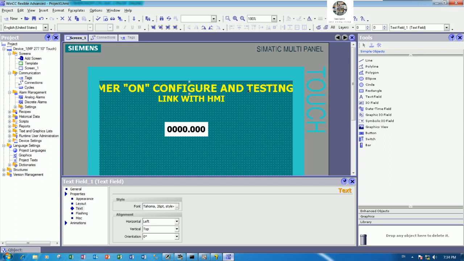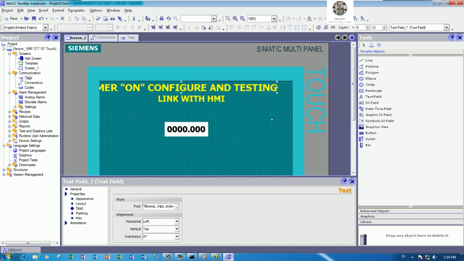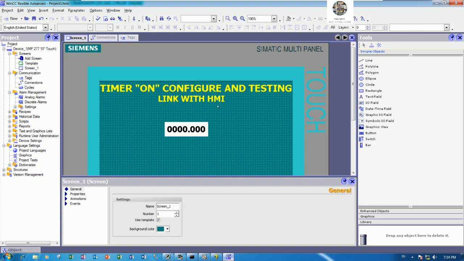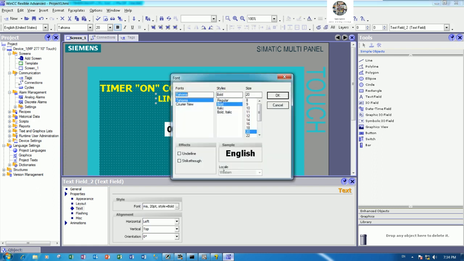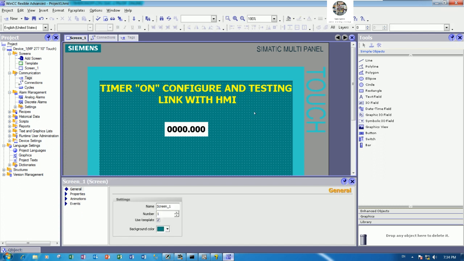Oh, not enough, right? So we can decrease to 24 as well. Okay, and we can adjust like this, and this one should be 24 also. In this step, everyone can design the style that we want. Yes, and we should have the